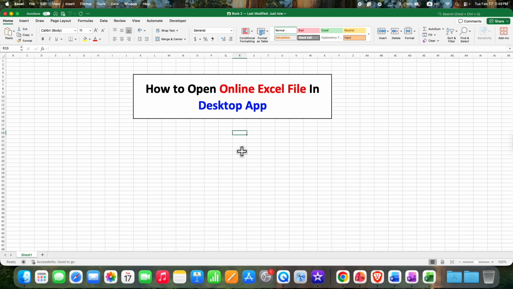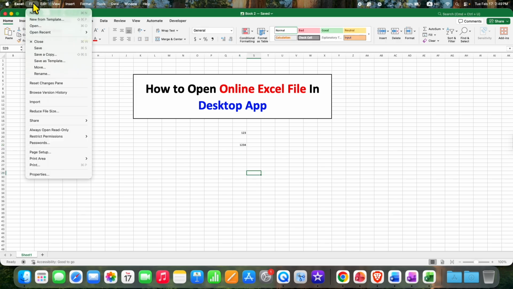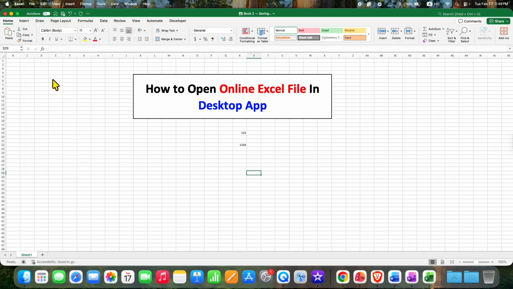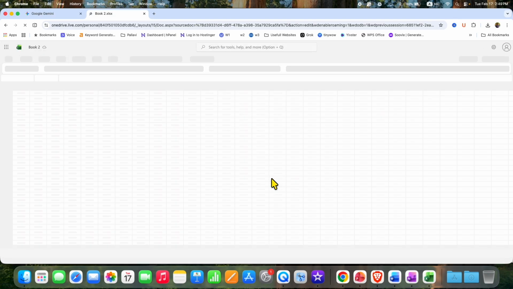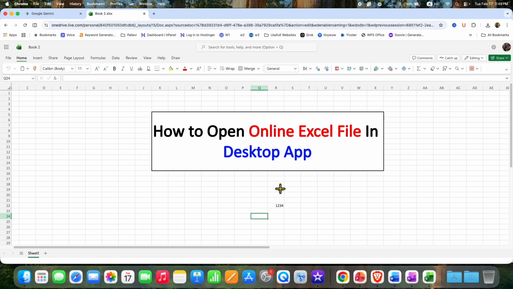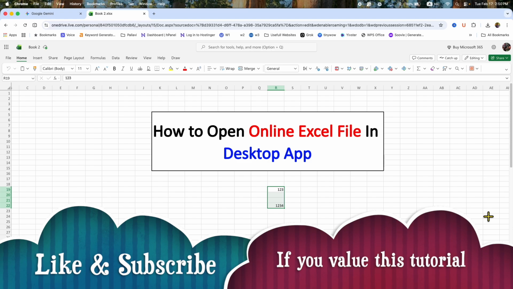app. Now when you type anything in this Excel, for example like this, and you go to the File option and save the file and close the file in your desktop app. After clicking on Resume Edit here on the web version, all the changes that you have made will be transferred to the online version. In this way, you can open an online Excel file in the desktop app, make the changes easily and